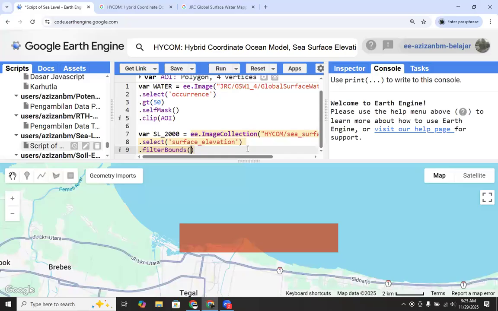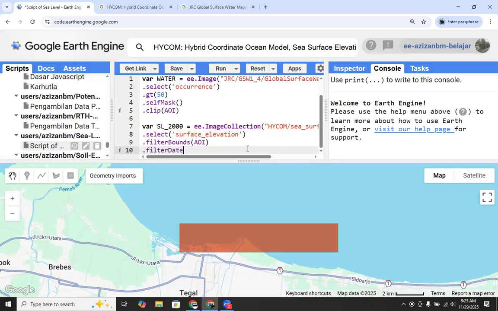And we filter by the boundaries. And then we define by the date of a year, from the 1st January until the 31st December.